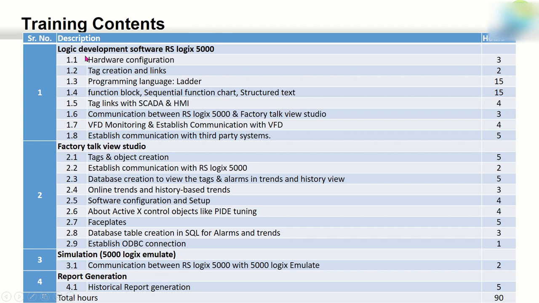Training contents is logic development software, RS Logic 5000. Then hardware configuration, tag creation of links, programming logic ladder. Then functional block, sequential function chart, structure text, tag links with the SCADA and HMI, the communication between RS Logics